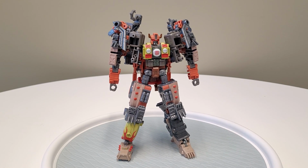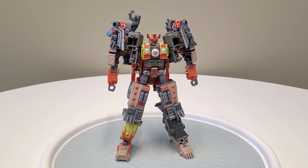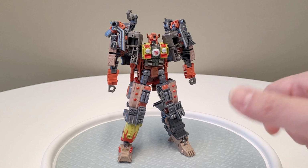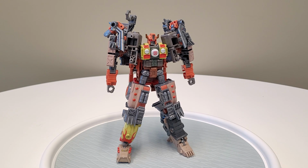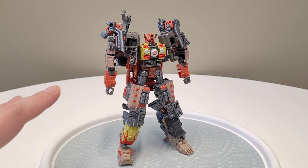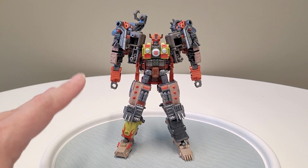So, dude, he's really cool. There's a little bit of loose bits here and there, similar to any other Hasbro bots that you're gonna buy. And what I mean by loose bits, I mean like peg to port. But for the most part, it's pretty forgivable. And if you have those little pieces of paper, those warning papers that come with the instructions, you can just pop those into the port and then squeeze the peg in, and that solves a lot of problems, right? So one of the really cool things, but also a plus and a minus about Crashbar,